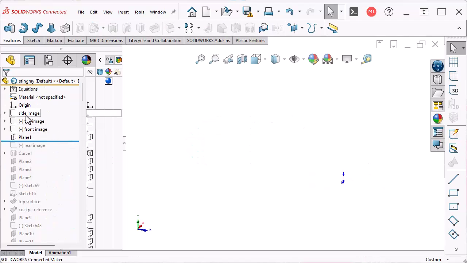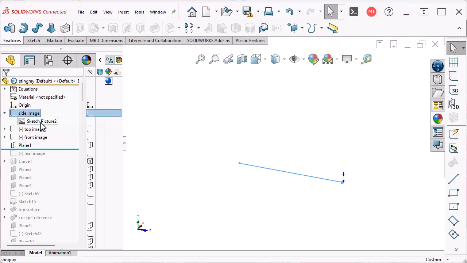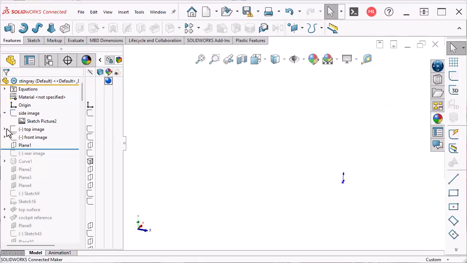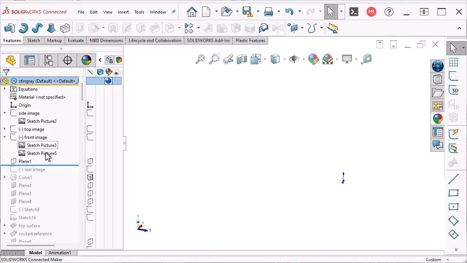Now, I started with three sketches. One is a straight line just to get an idea for a characteristic size. Usually on an automobile like this, I'll do the wheelbase. And I also created a sketch picture. So we show the sketch to get the sketch picture. And here I've got the wheelbase driving the overall size of the sketch. I've also got a top image and a front image. Actually, the front image is a front and a rear image, so I can get the headlights and the taillights